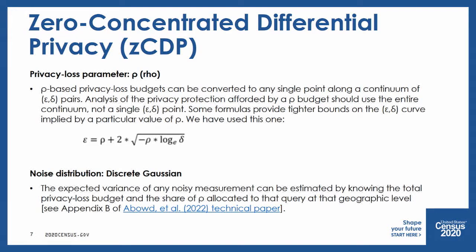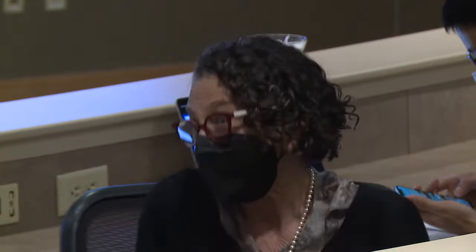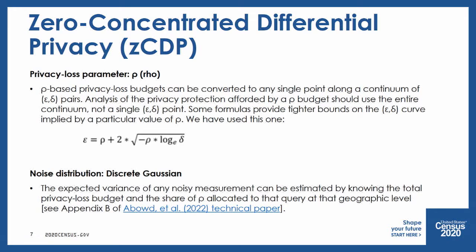And that's why you get this trade-off, because there's always some chance that you'll be farther out on the tail, and some chance that you'll be even farther out on the tail. And as you get farther and farther out on the tail, the ratio of these probabilities diverges. But this is how you get your collection of epsilon-delta pairs. Thank you, Sue. I hope that was helpful, and I'm happy to try to do better one-on-one later.